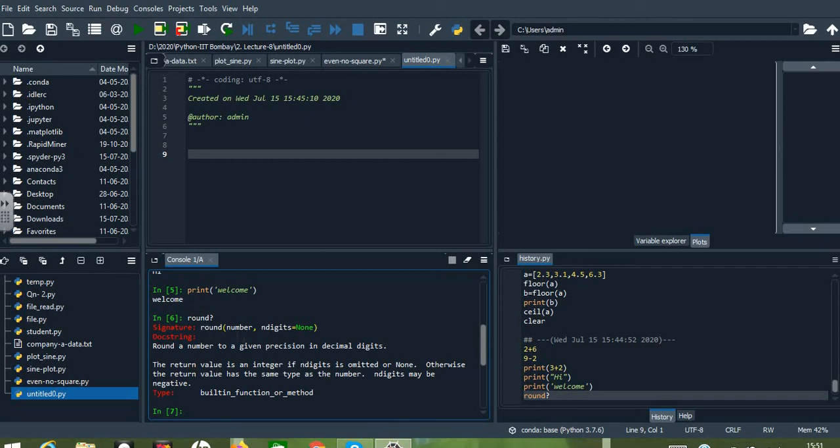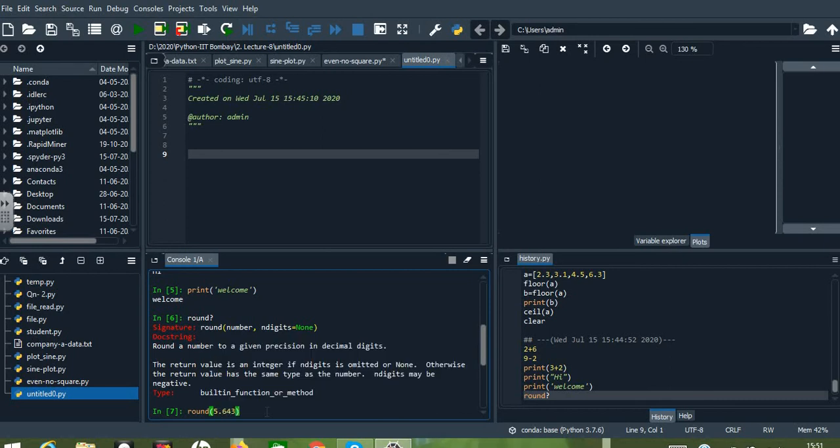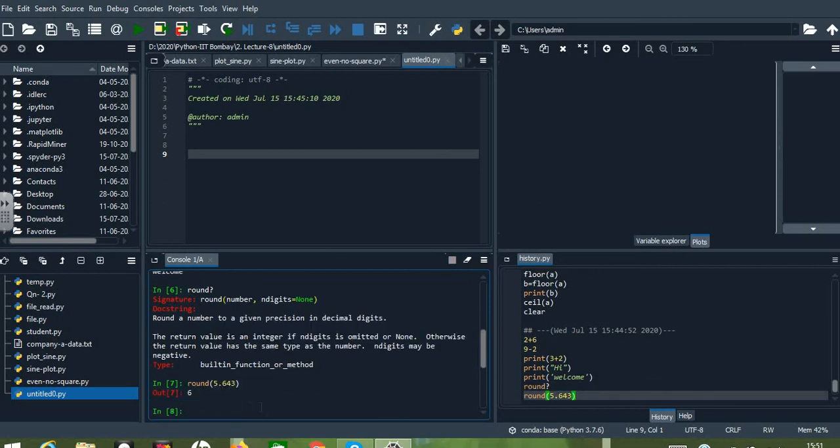The syntax is round of number comma n digits. Let me give one example. Round of, for example, 5.643. If I press enter, this value will be rounded to its whole number.